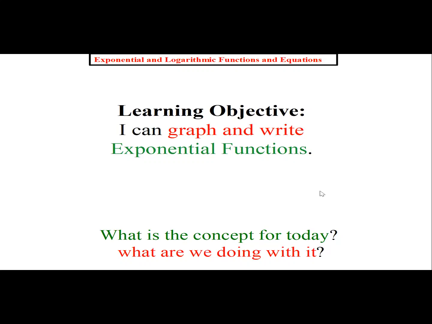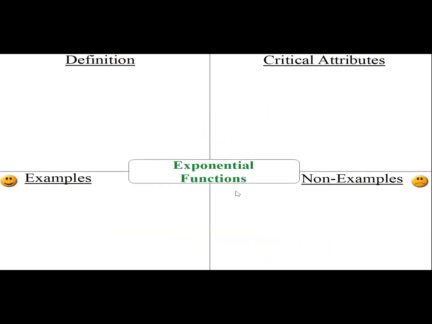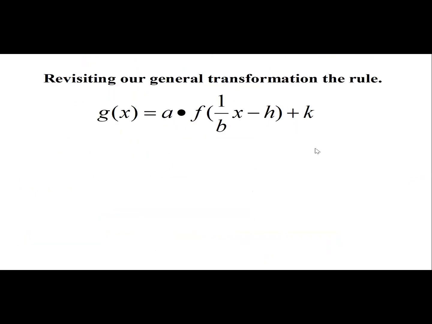All right, so let's get started. Exponential functions. In your Frayer model, you should write a definition, one example, one non-example, and a hashtag. I'll have you do that on your own, and that's going to be turned in asynchronously. Let's move on. After that, I remember we revisit our general transformation rule that we've been using throughout the